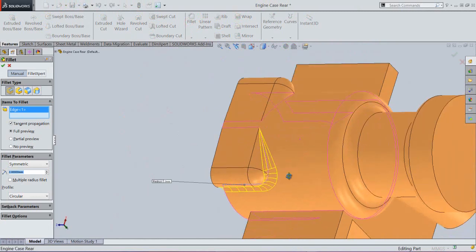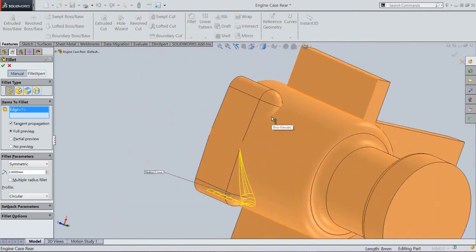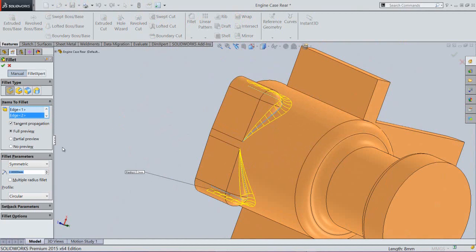Now we will add some more fillets on this revolve feature. The fillet radius will keep 2.5 mm. OK.